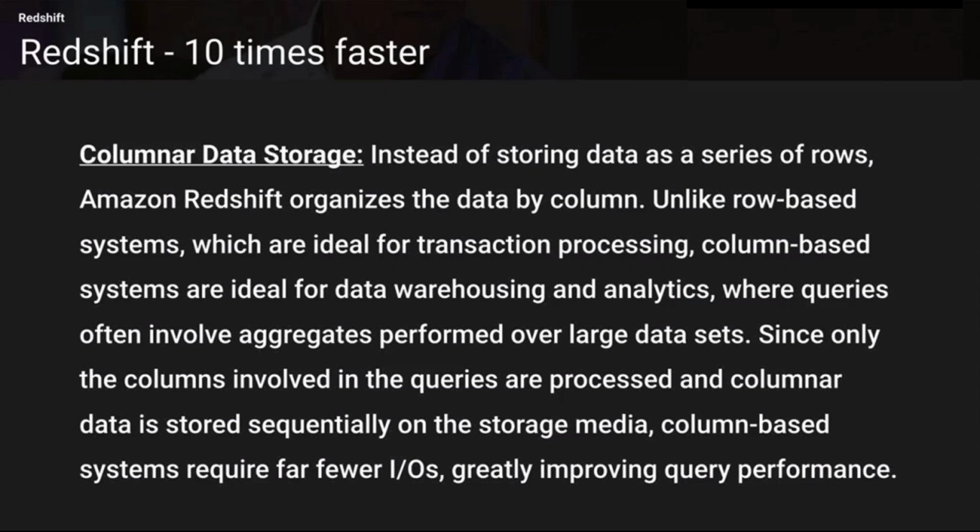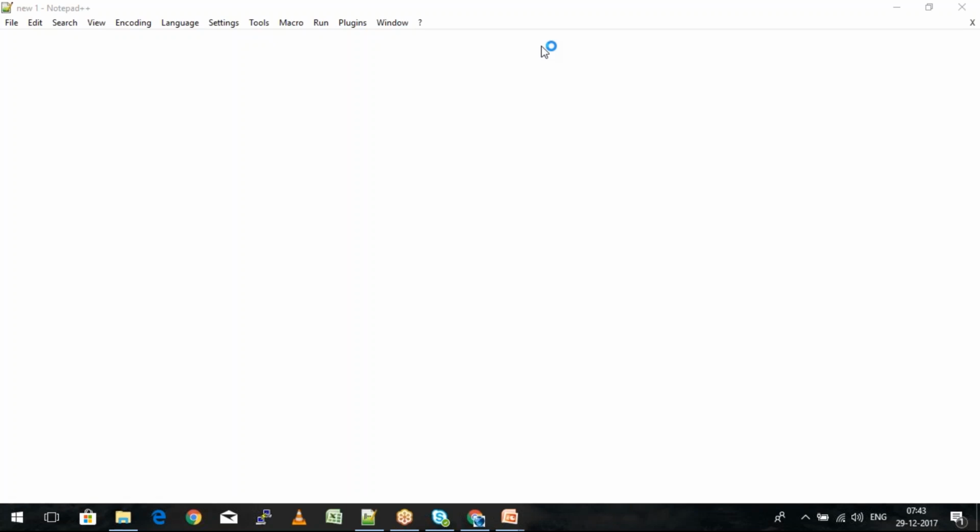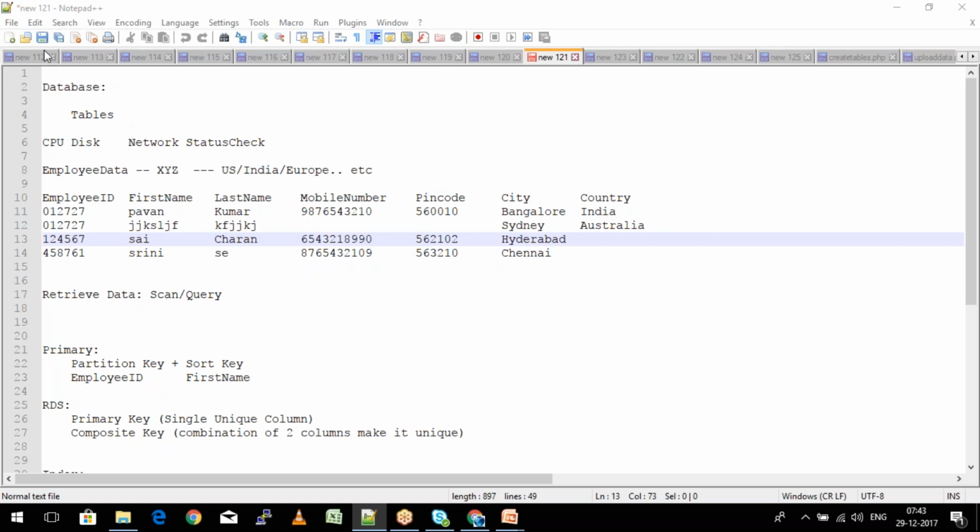Now, if you remember from one of the examples that we were trying to look through in our notepad here, if you look at this specific example, this is a table in which I have got multiple columns, and each of these columns has got multiple rows, and we are trying to store the data, right?